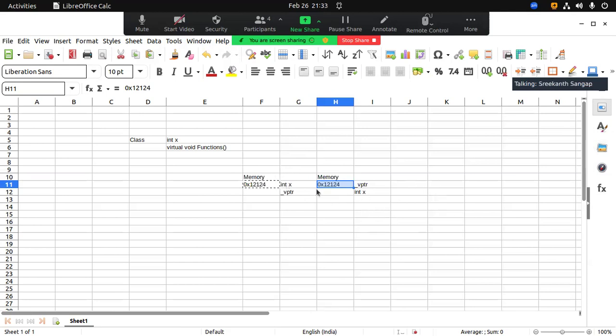What do you think the compiler will actually assign? The compiler will try to assign the v pointer first. The compiler will always assign the v pointer first,